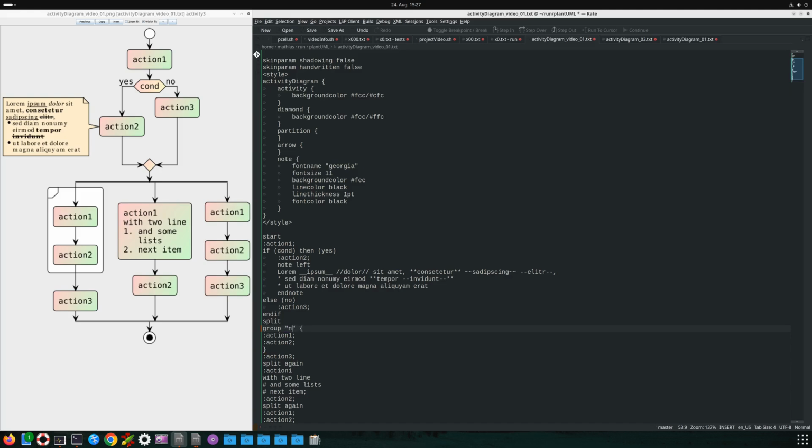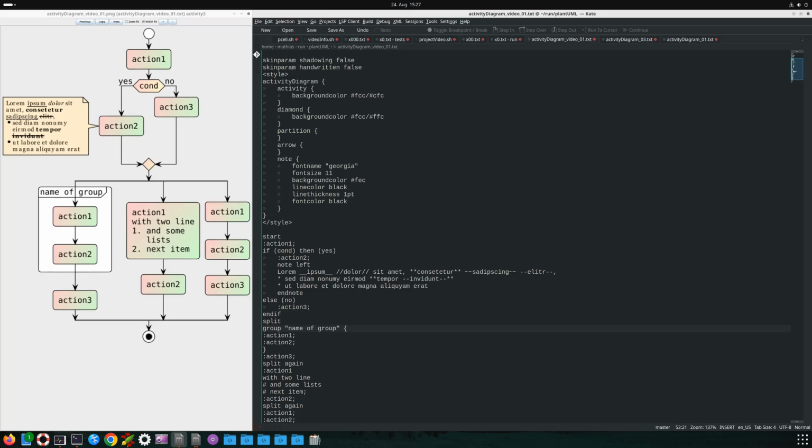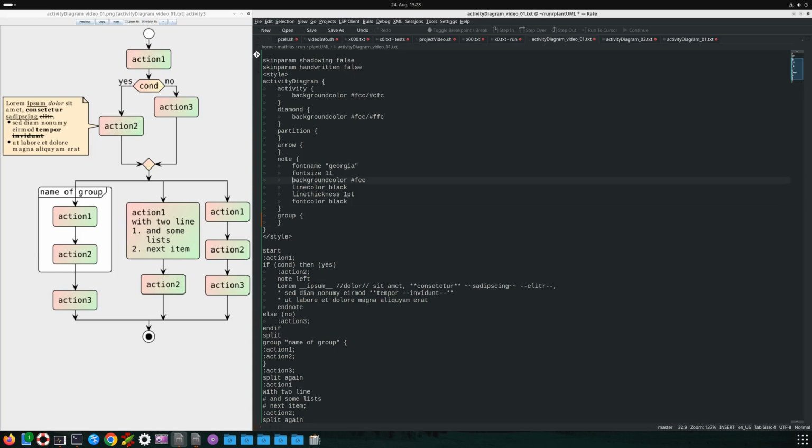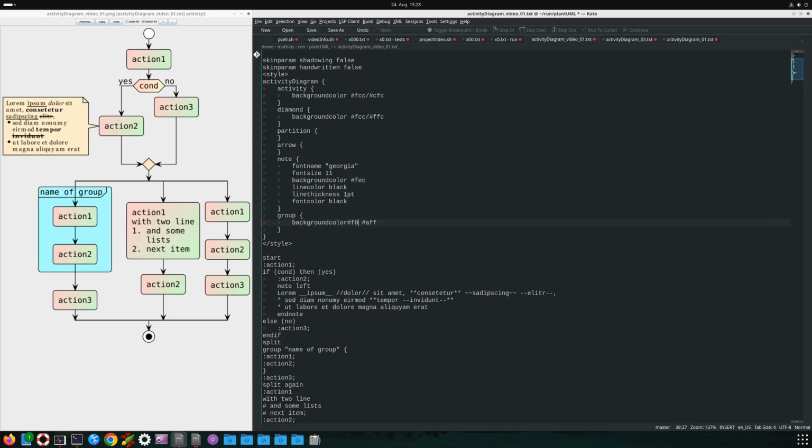If the container name contains spaces or special characters, such as new lines, you must put the name in quotes. This ensures PlantUML interprets it correctly and renders the text as you intended. It's a good practice to give every container a default style in the style sheet. To do this, simply add the container's tag name to the styles section, so all containers of that type share